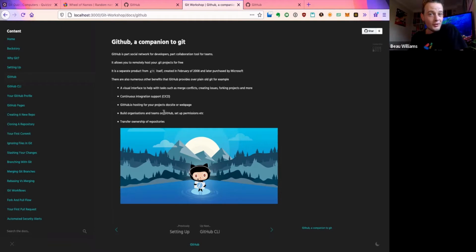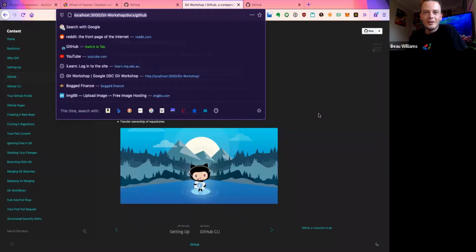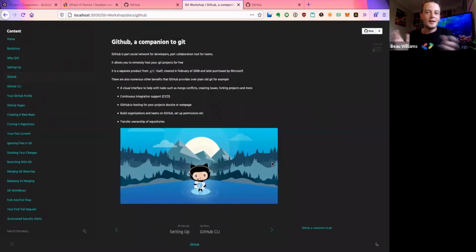So you can also host sites on GitHub. This site, in fact, is hosted on GitHub. Obviously, this is running on my machine, but the link I gave you guys is actually hosted on GitHub, and for free, which is really cool. As I said, you can also set up organizations, and you can do other cool things like transfer ownership of repositories.